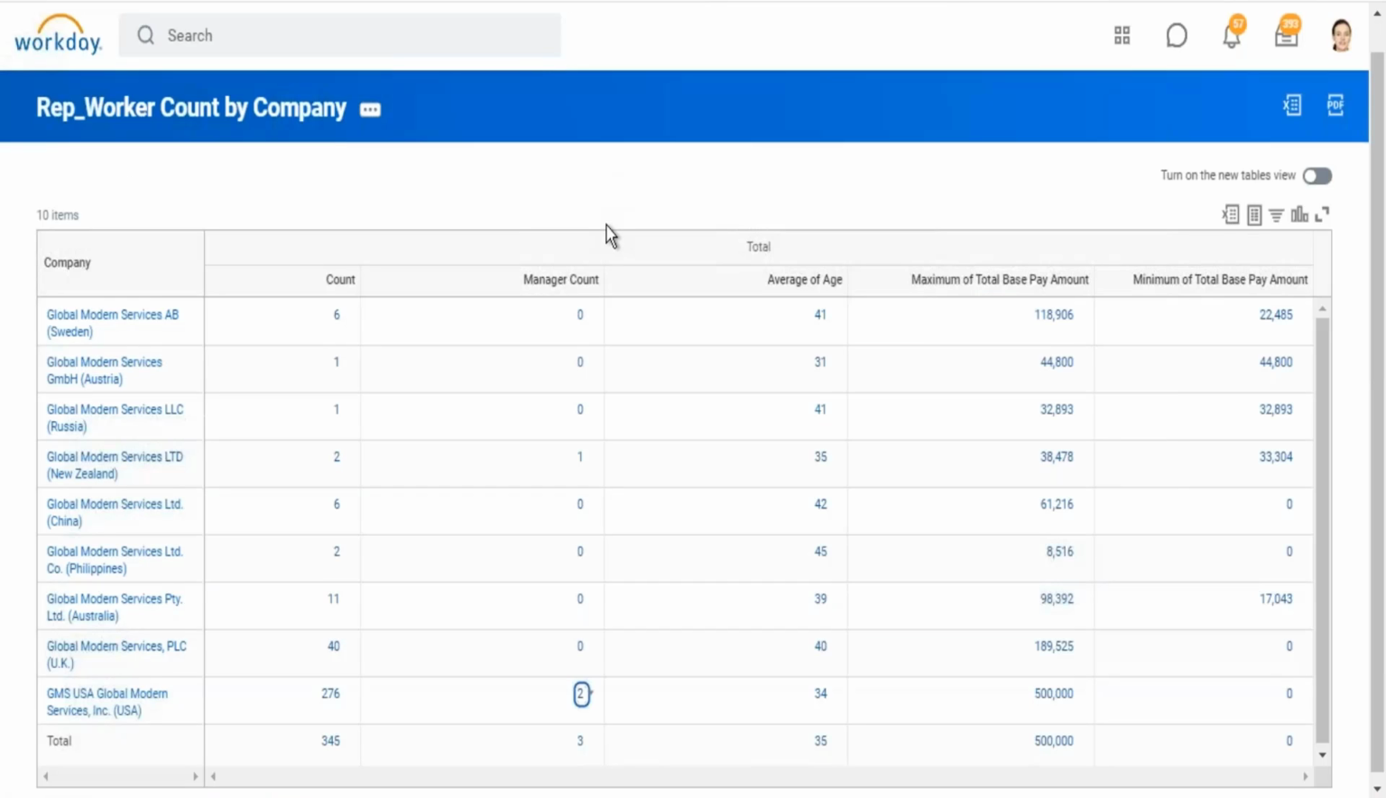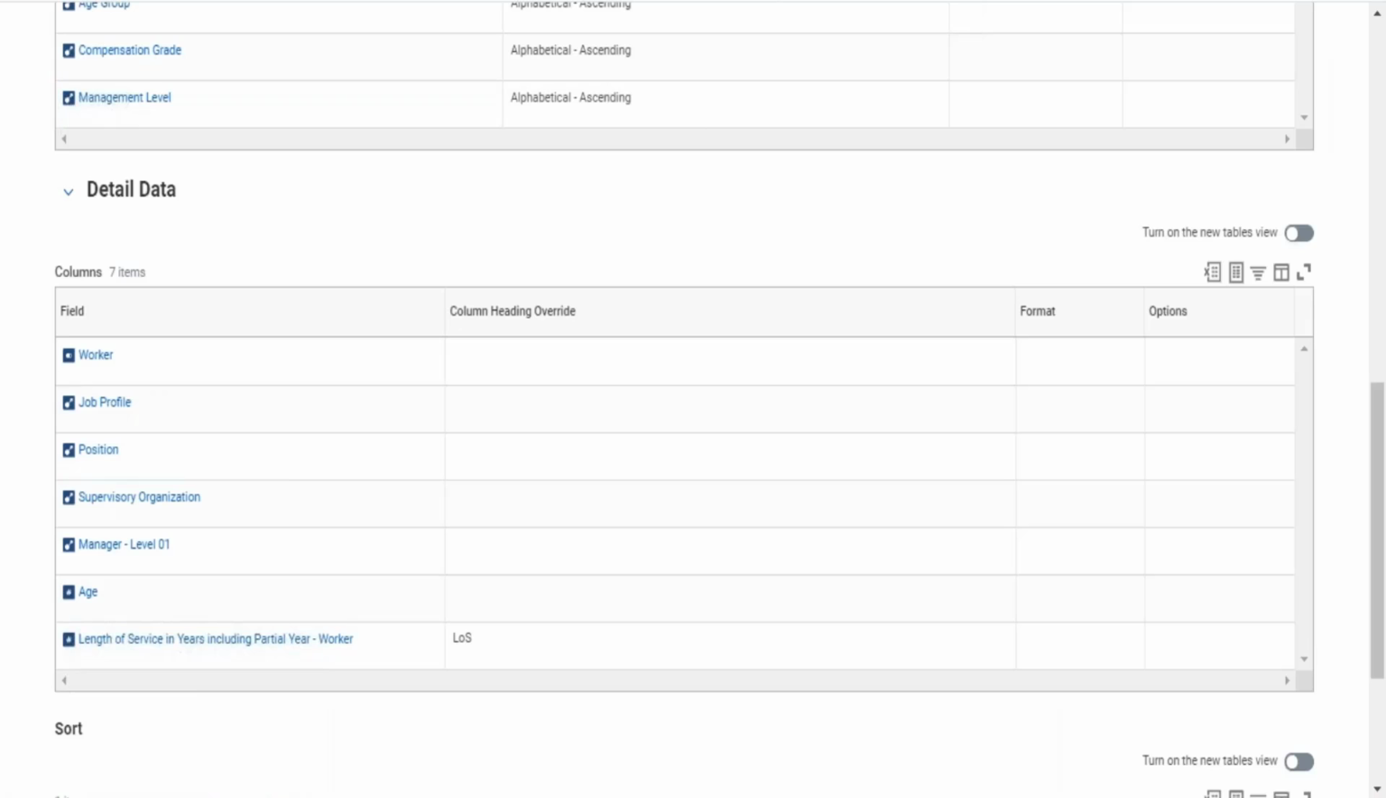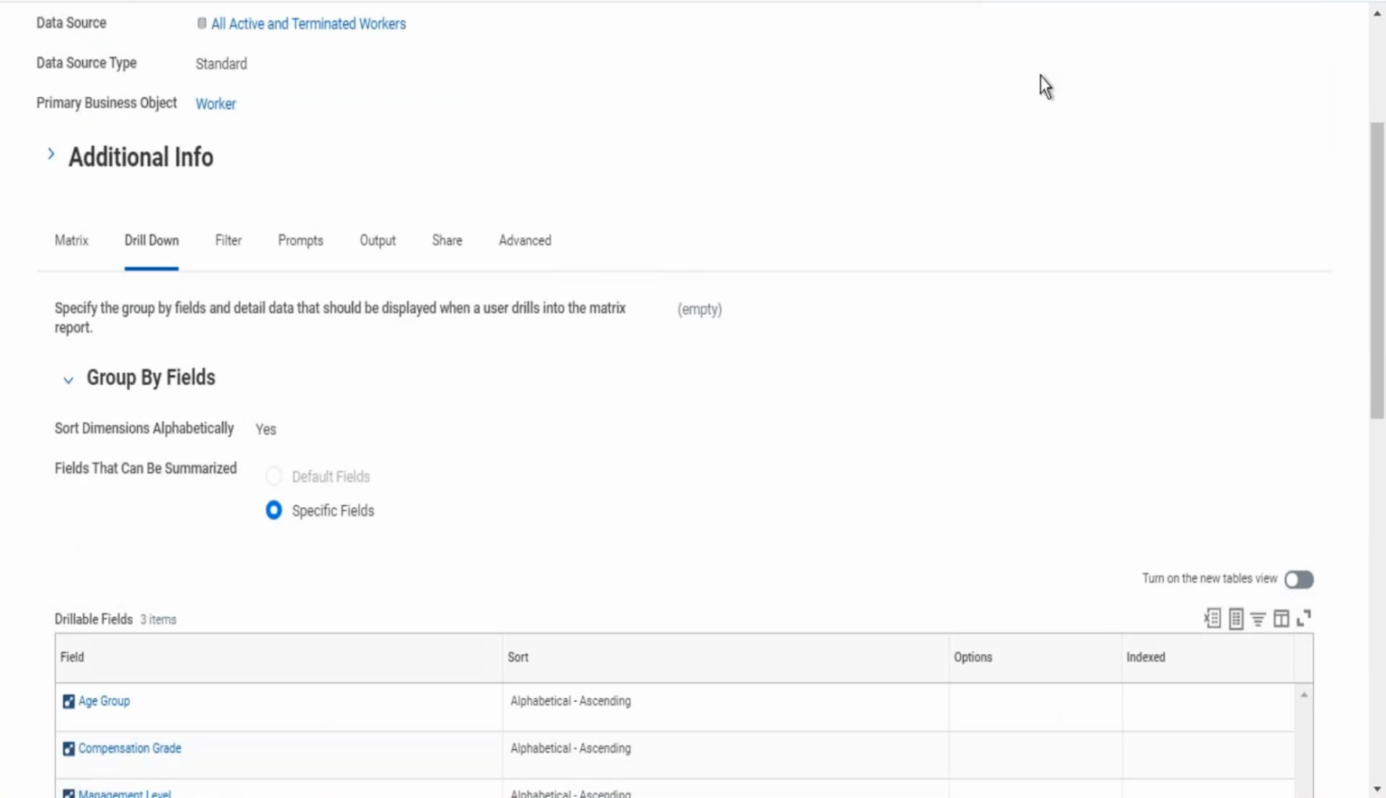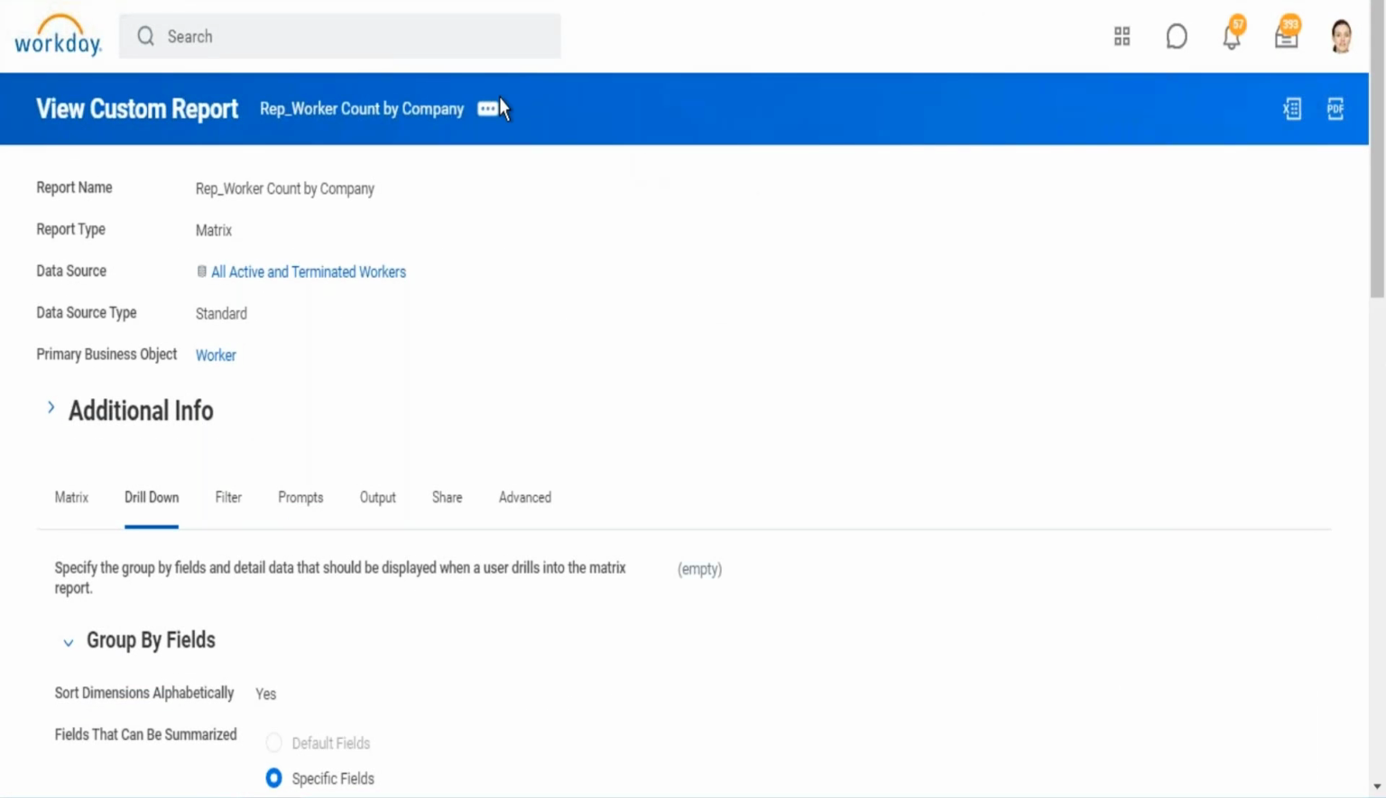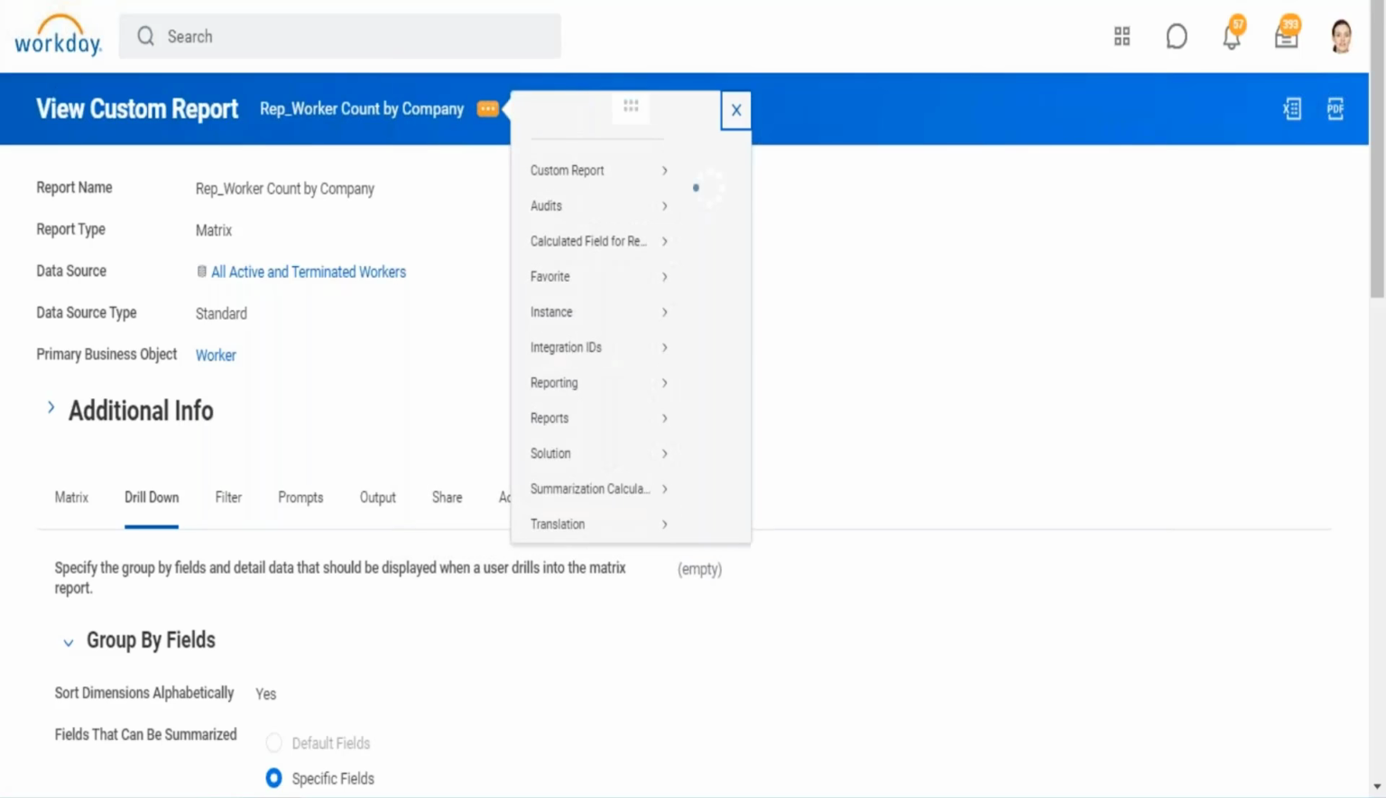What I actually want is when I click here, it is giving me all 276 workers, which is perfectly all right. But I want to know who are these two international assignees. So there are two ways I can handle this. The first one is I can go ahead and modify my detailed data. So I can click here, edit my report,